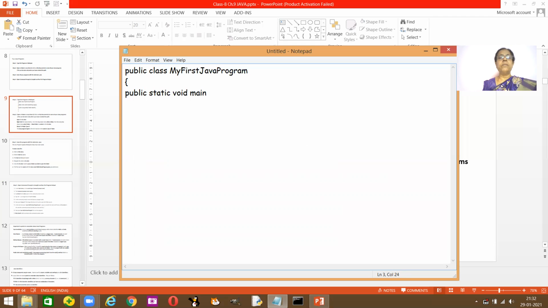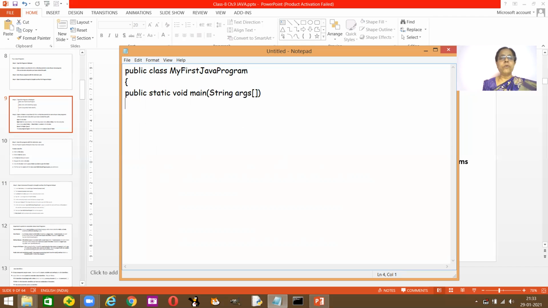What does this method mean? Public static void main, open the bracket, S is capital in this, String args, and you need to put the box bracket, open box bracket and close box bracket. Please learn this syntax, which is compulsory, or it's called the method name, which is compulsory for you to learn by heart. When you use this, then only it accesses the objects of your class name, and it applies the method, which is a built-in method in your system.